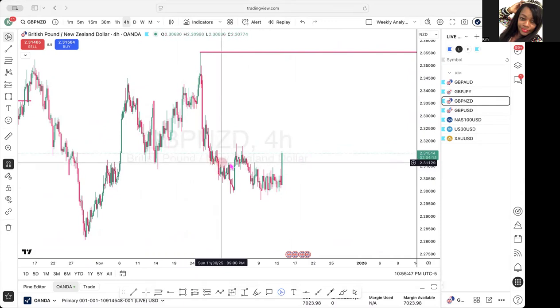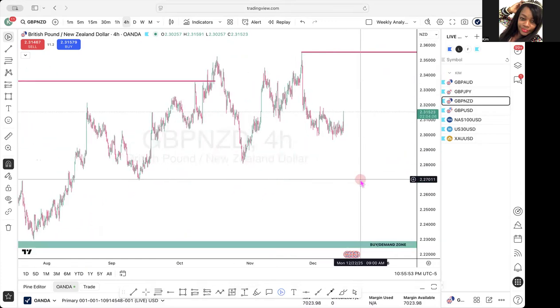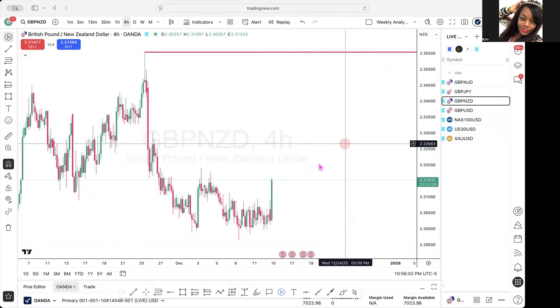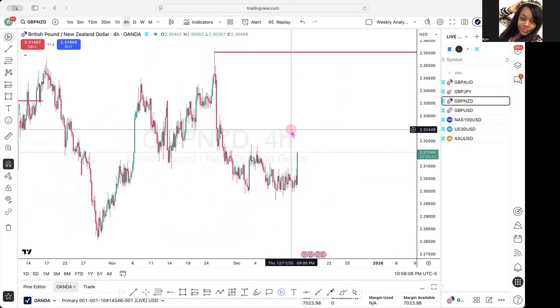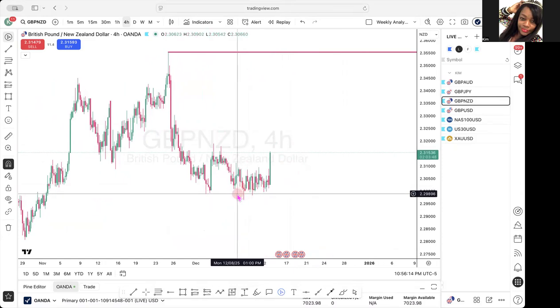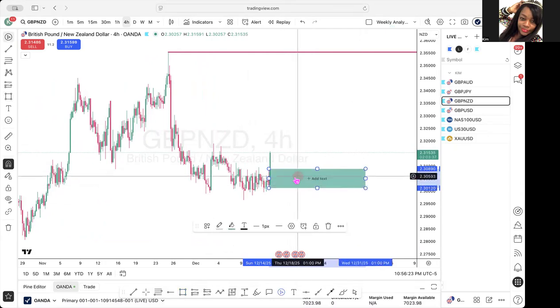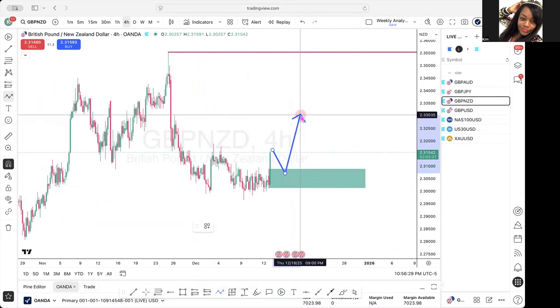This was the market structure shift. This is the supply zone. So price can come up here and sell some more. That's what I would look for. If you're trying to buy it up, I would say the zone do it. You have an impulse move, so maybe price will pull back to the zone and at least buy up to